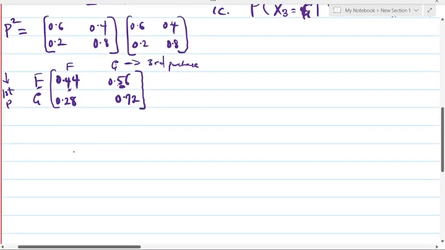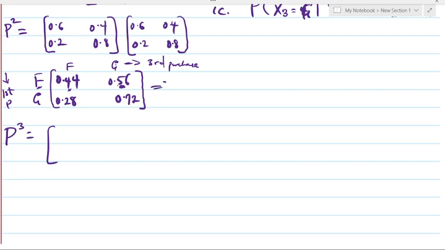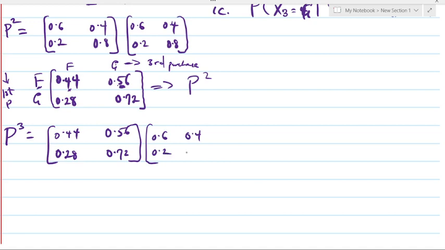Then we have to find the cube of our transition matrix. We already have P squared, so we just multiply that with P, following the matrix multiplication rule. So that's 0.6, 0.4, 0.2, 0.8. If we do this, we are going to have